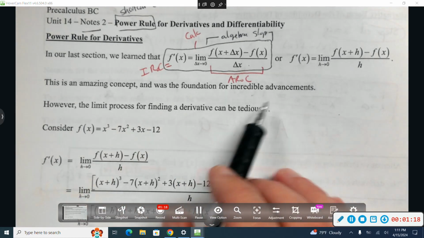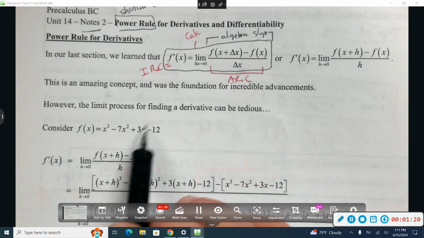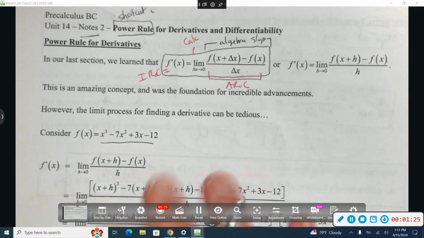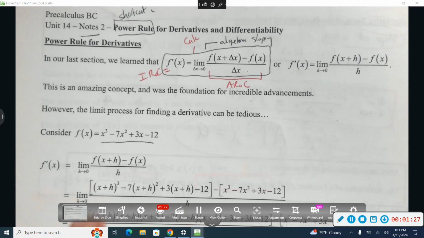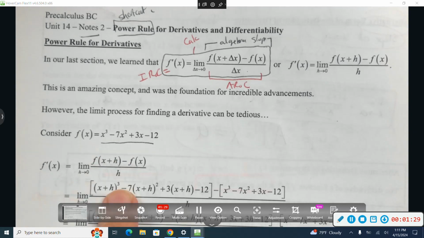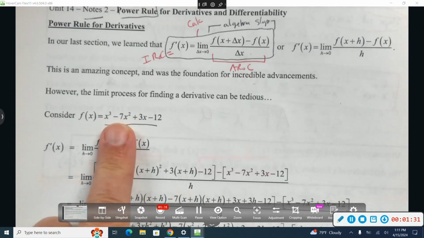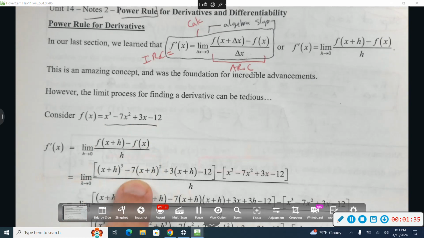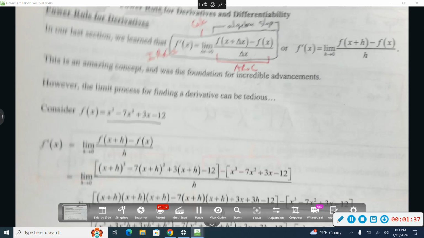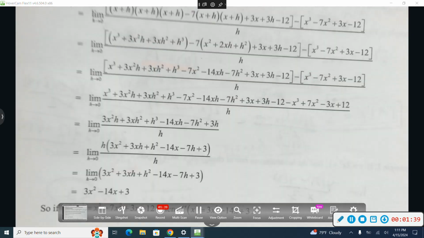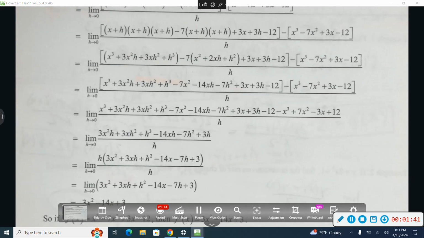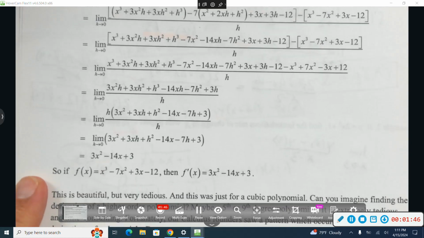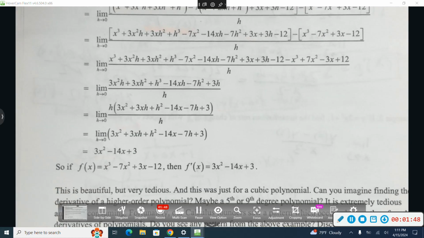Like, that's pretty neat. But this can get kind of rough, kind of ugly. We're not going to walk through all of these steps. This is just showing the steps for if you wanted to do the formal definition of an x cubed polynomial. Here's what the steps would look like. And there's nothing that's beyond you in that. It's just a lot of things to keep up with. Look for things to cancel, reduce, plug in. Eventually you get there. But